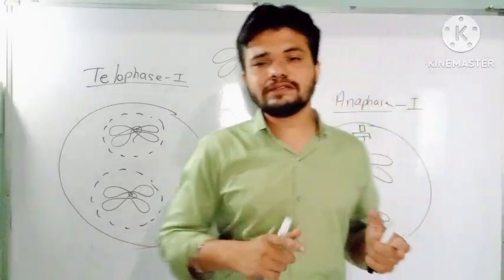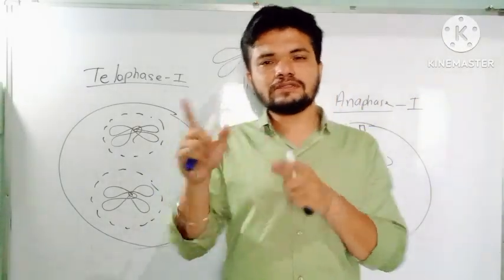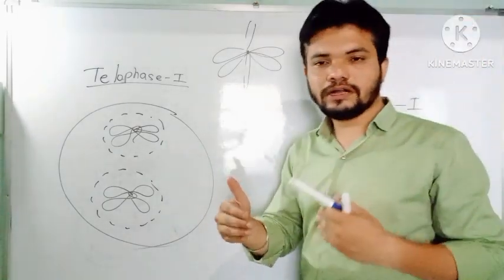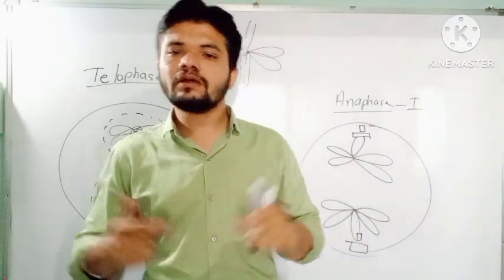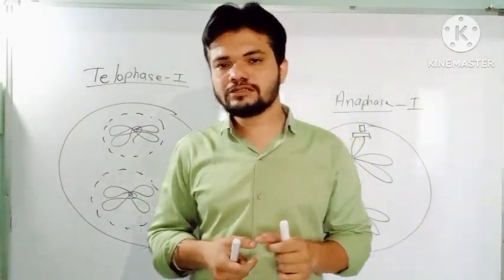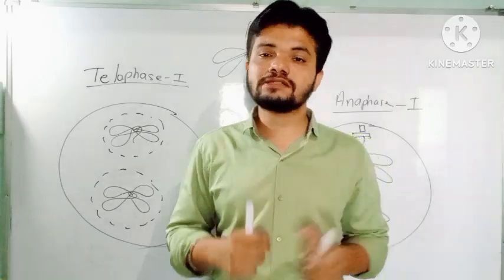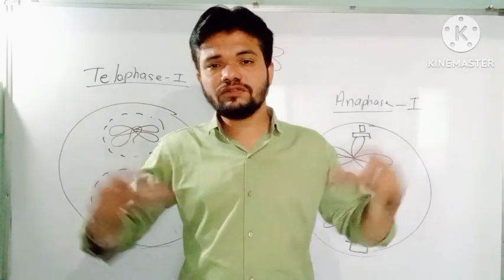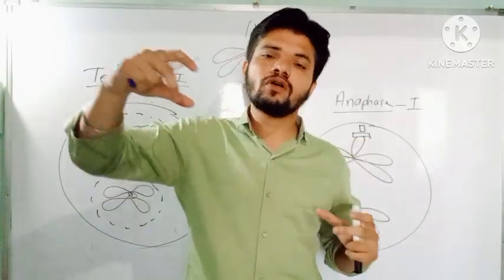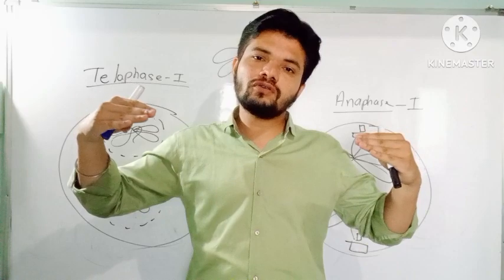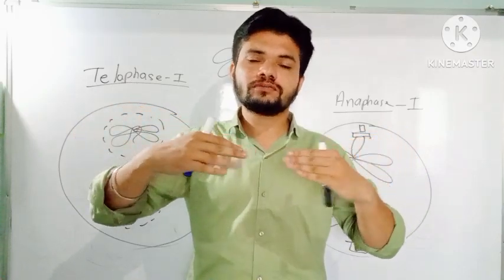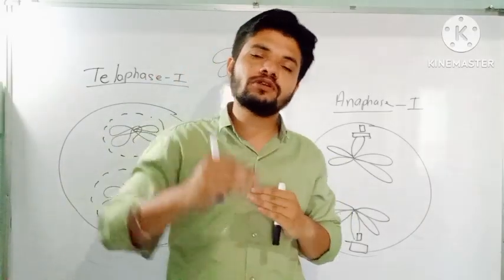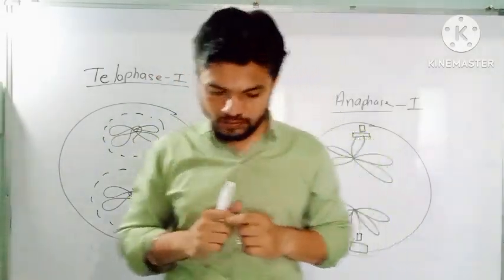Just like cytokinesis of mitosis, cytokinesis of meiosis occurs, but it will occur differently in plant and animal cells. We all know how cytokinesis takes place. Division of the cytoplasm is known as cytokinesis. And in the case of animal cells, a furrow will occur and the cell will be elongated, and the furrow will merge, the plasma membrane will merge with each other,